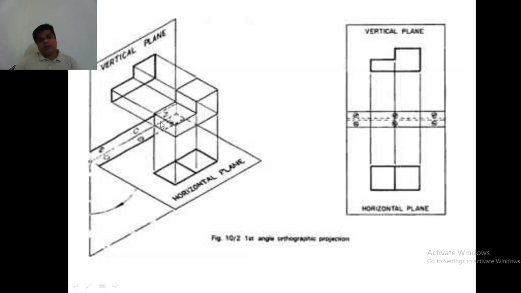So here we look at the projections now. We have projection, and it is also called orthographic projection. Orthographic projection means the line of sight or the projector lines will be parallel to each other and they will be perpendicular to the projection plane, or the plane on which the shadow or image of the object will be projected. So this is called orthogonal projection of the objects.